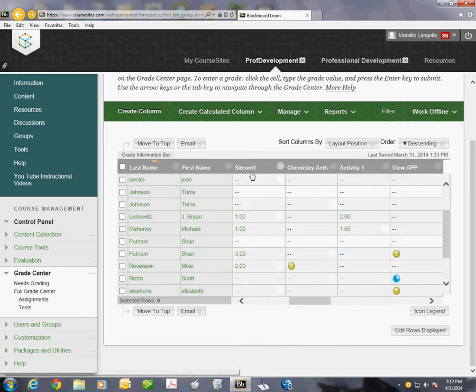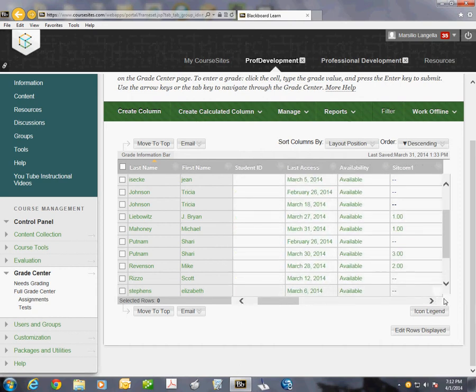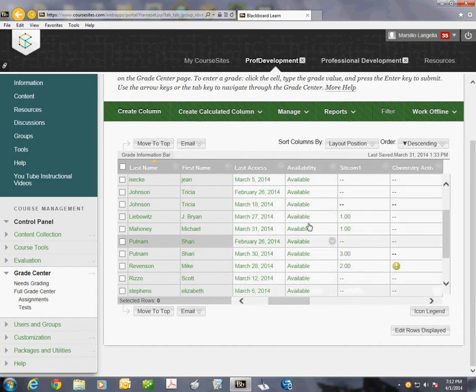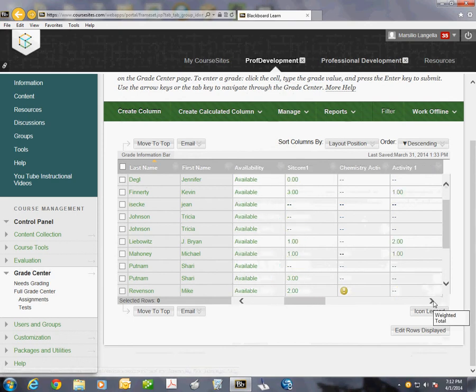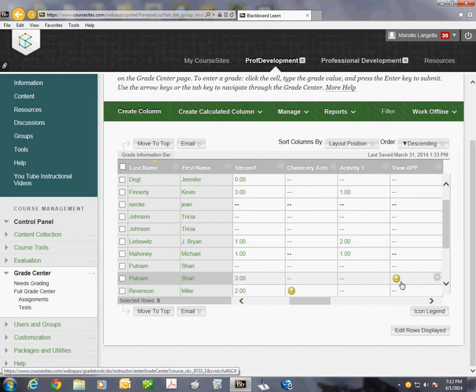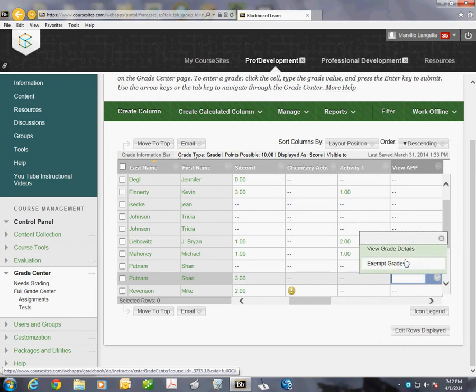And here's my sitcom quiz that was automatically graded for those that took it. And these students here, these are their grades out of 3 questions that took the sitcom quiz. Then you can actually see different activities that they have taken. When you see a circle like this orange, yellow circle, that means that this item actually needs to be graded,